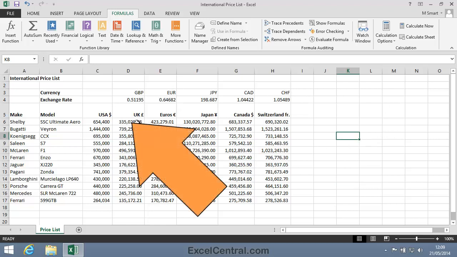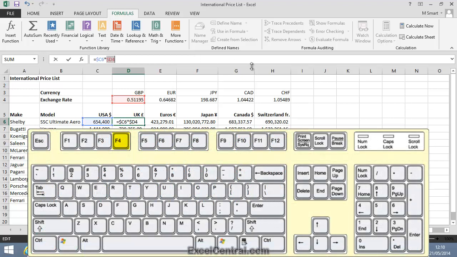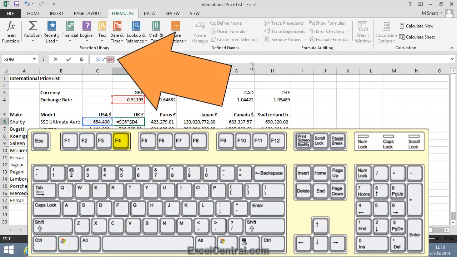I'll click on the formula in cell D6 and notice in the formula bar that the D4 mixed cell reference is showing as $D4. That means relative D and absolute 4. Before automatically creating a mixed reference, I need to position the insertion point so that it's touching the cell reference $D4. So I could have the insertion point here, or here, or here, or here, and all of those will work fine.